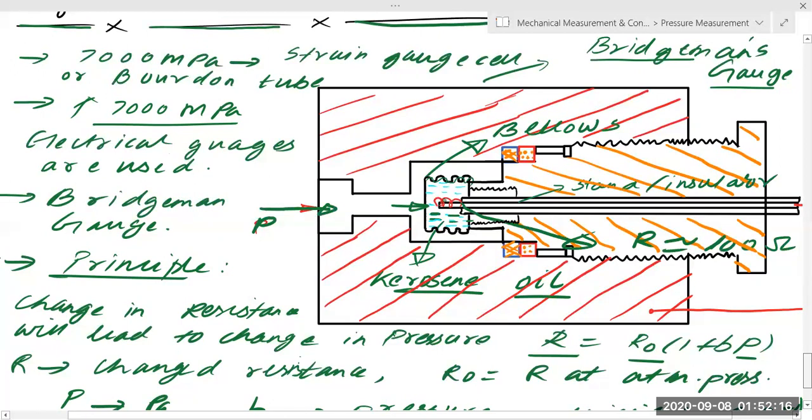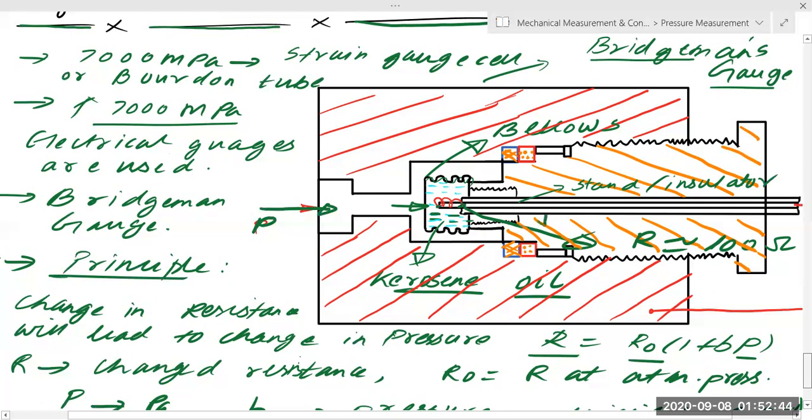Now, if you can see, one end of the wire is attached to the stand. One end of the wire is kept on one side of the stand. The other part of the wire is kept on the other side of the stand. Simple as that. So this is connected to a rod, and this part is connected to an insulator.